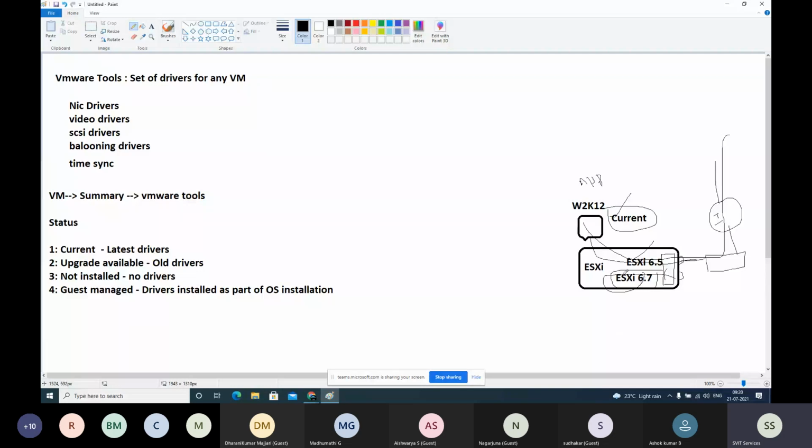But now the vendors, like Linux companies, Red Hat, CentOS, Fedora, whatever it is, are aware that their operating systems are used on VMware ESXi. They are now developing drivers themselves so their operating system works better on ESXi, on Hyper-V, like that.